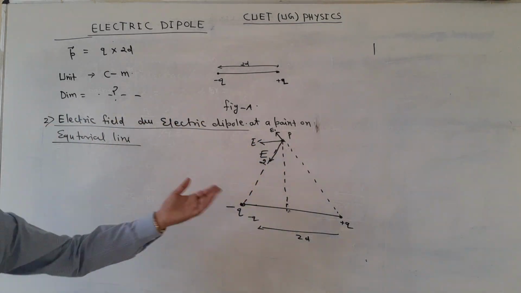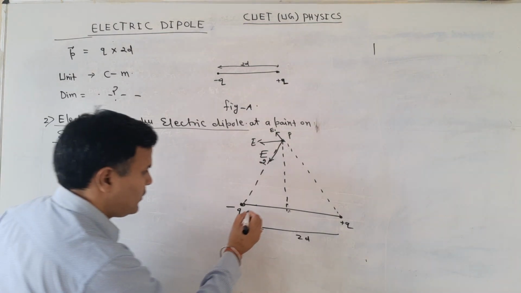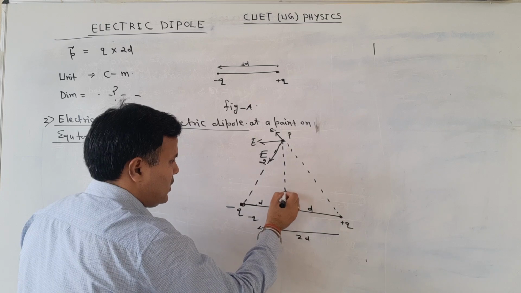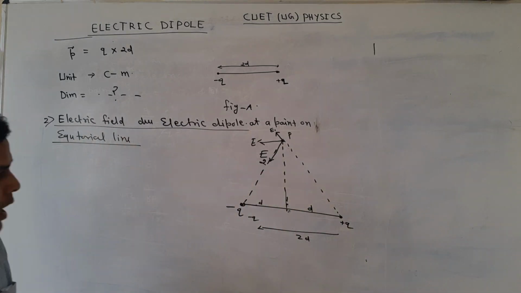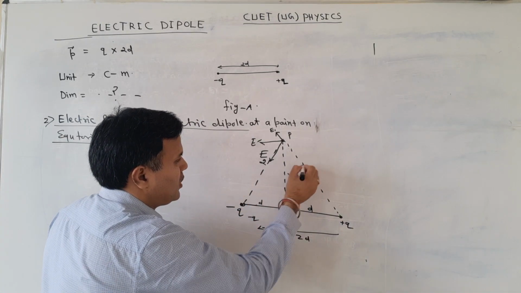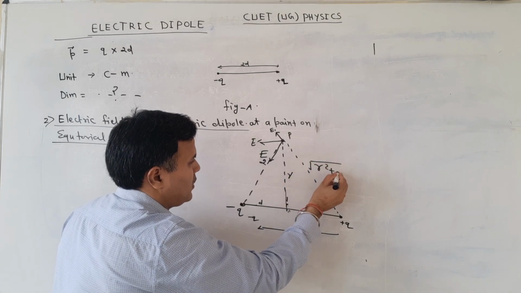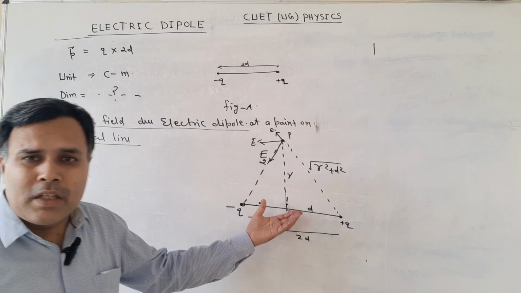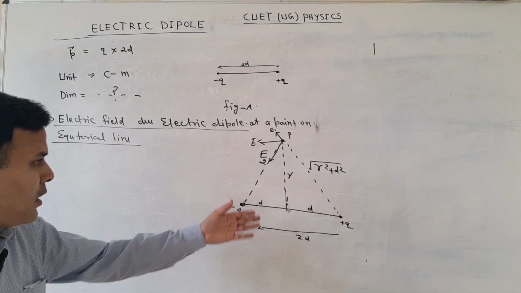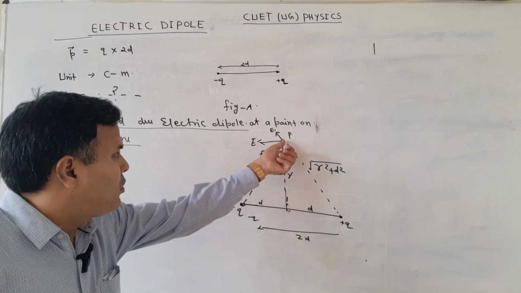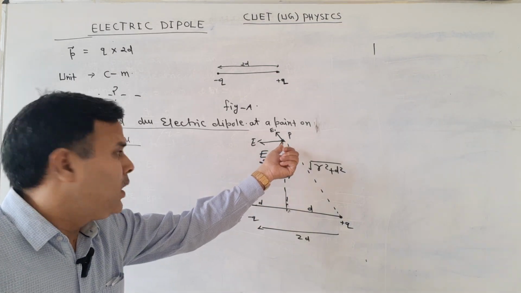In this situation, this distance is d, this distance is d, and this distance is, let's say, r, so this distance is under root r square plus d square. By simple geometry, 10 plus 2, 10th class geometry,